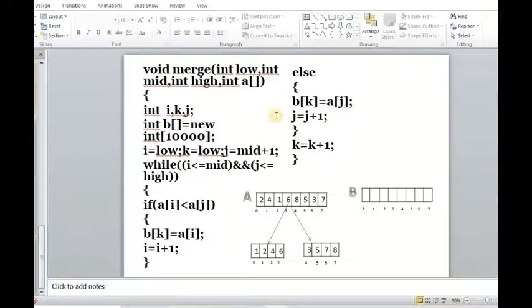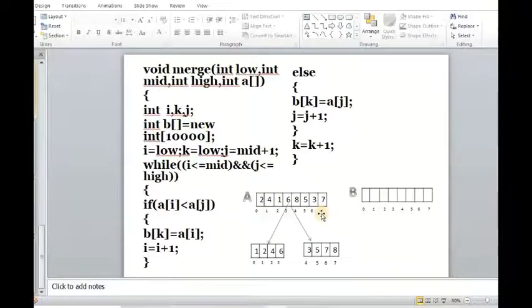So here if you see this, just go through this code for merging. Don't worry, the merges method I am yet to explain. First you understand this concept of merging, then that merge method becomes easy. First, now just concentrate on this merge method. If you see, you will have parameters low, mid and high, and you have the array A. Here low is 0, correct, high is 7,